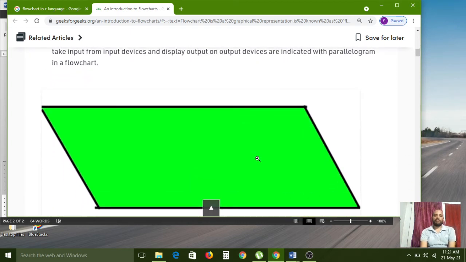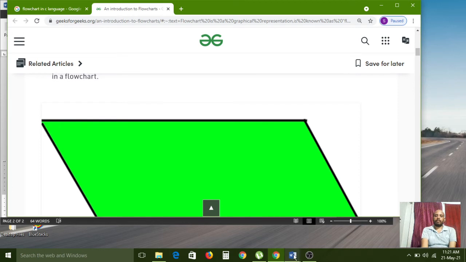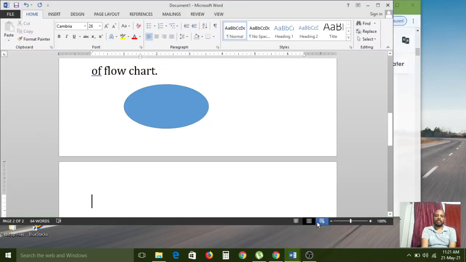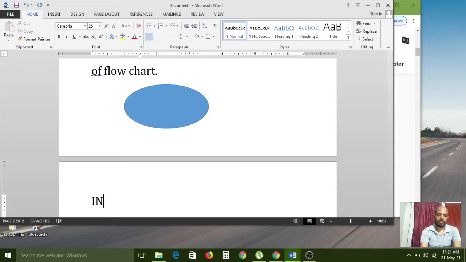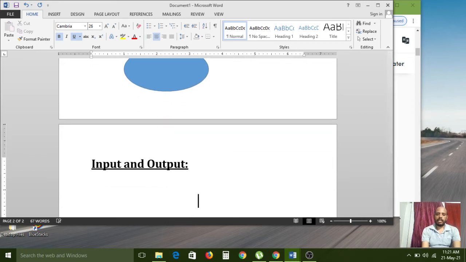Next, for input and output purpose we need to use the parallelogram symbol. This is not a rectangle, it is a parallelogram.